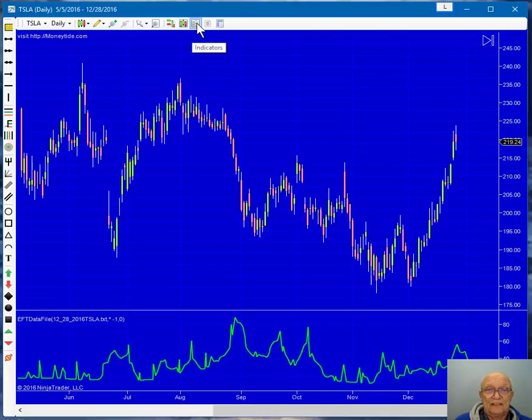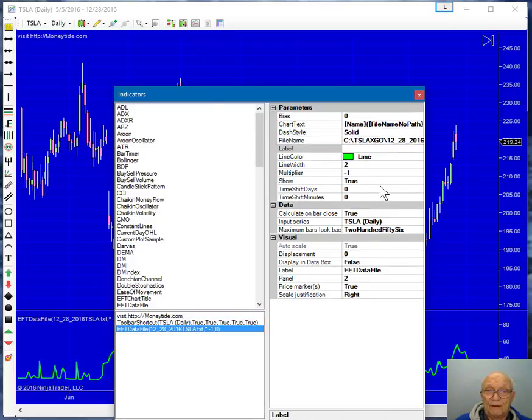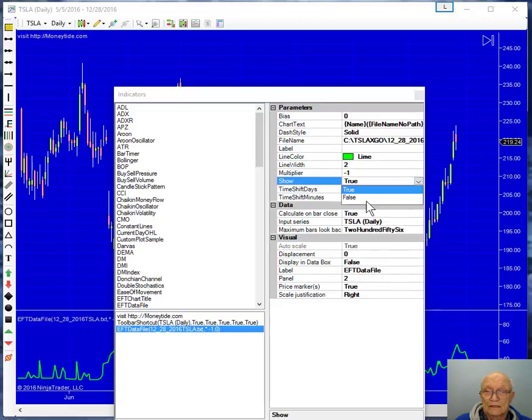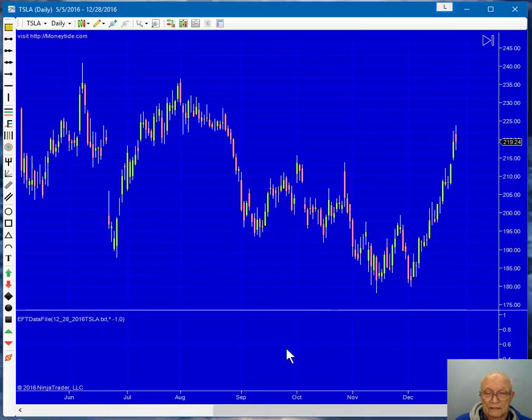Now let me go back to this indicator and show you a couple of other things that you can do. Click on it here. You get the parameters here. You don't have to remove the indicator if you just want to clean up your chart and not see it. You can just simply not show it. Now that doesn't make a lot of sense if you're just showing it in a separate box, but